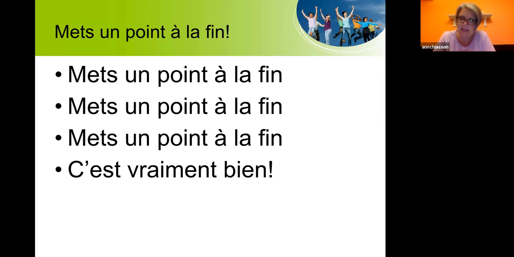d'une phrase. Mets un point à la fin, mets un point à la fin, mets un point à la fin,